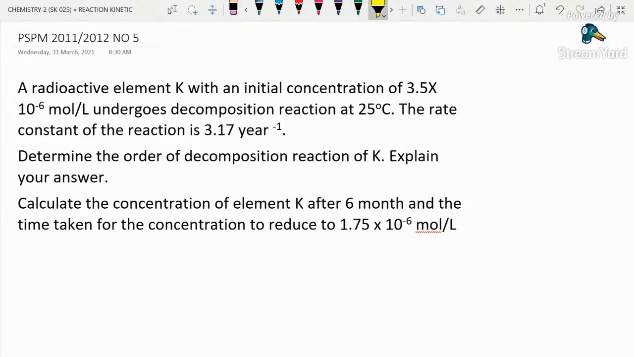Okay, because the unit is not for the rate constant. The unit for the rate constant is K. So the answer is first order reaction because the unit for the rate constant is per years. This is how you answer the question. So you can write it is a first order, not one,